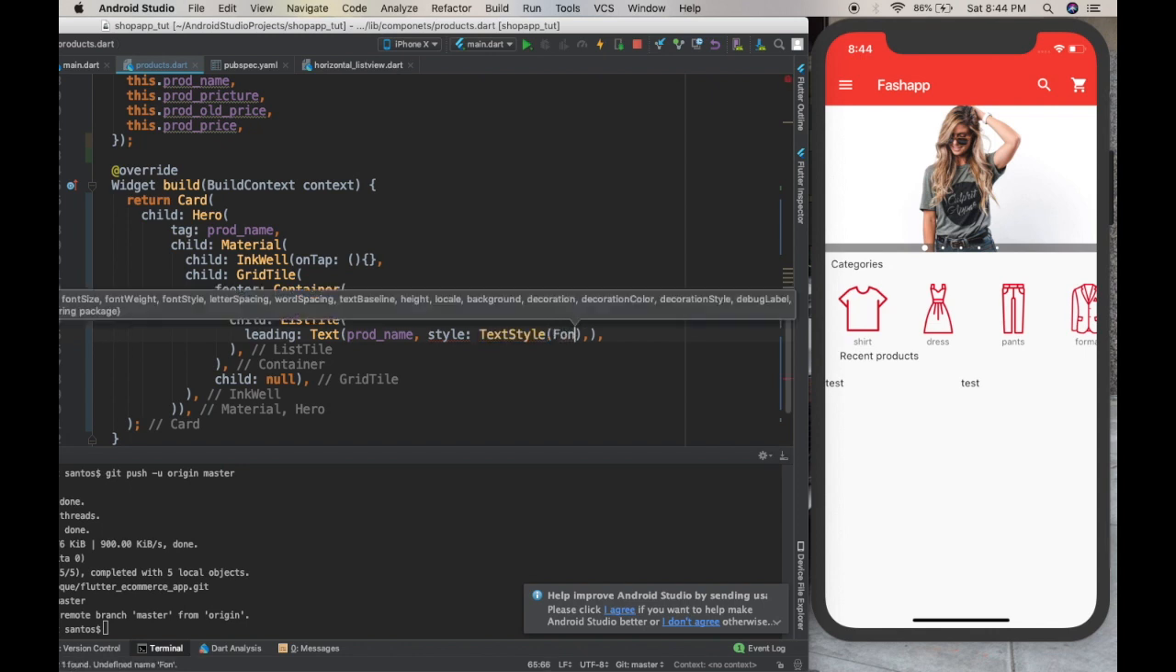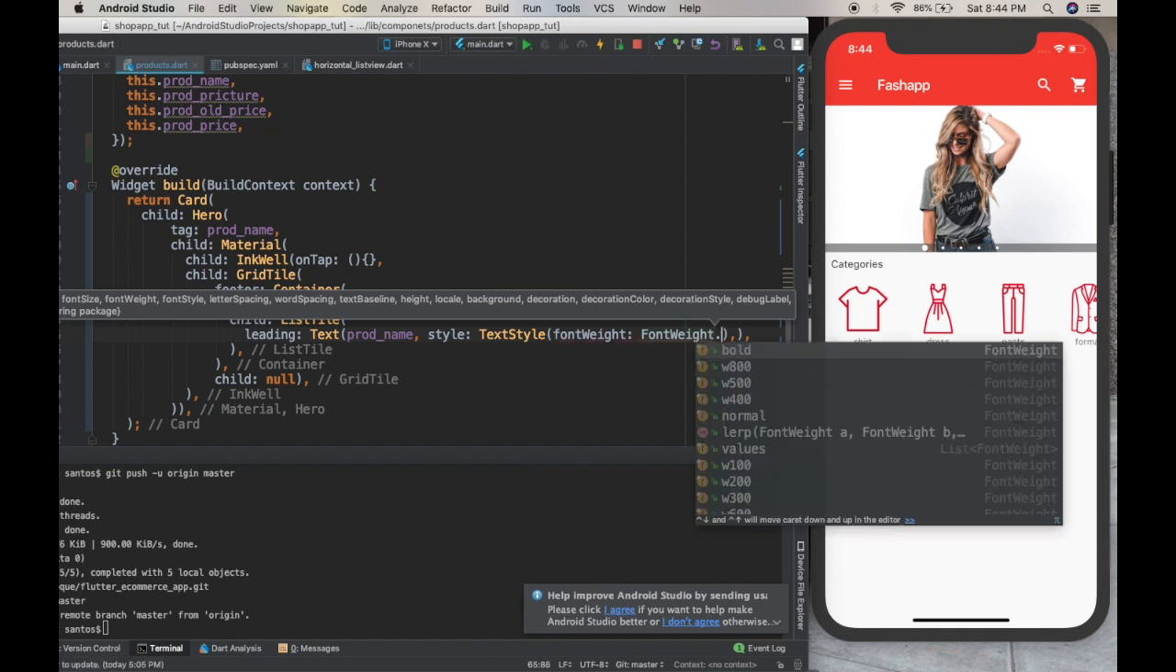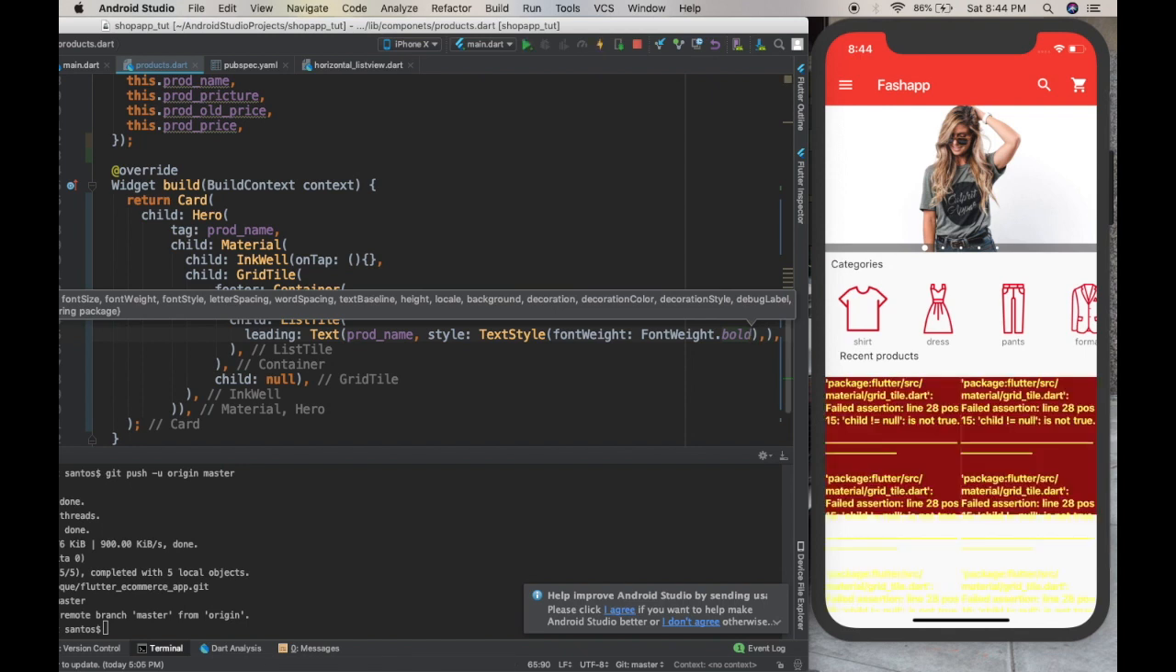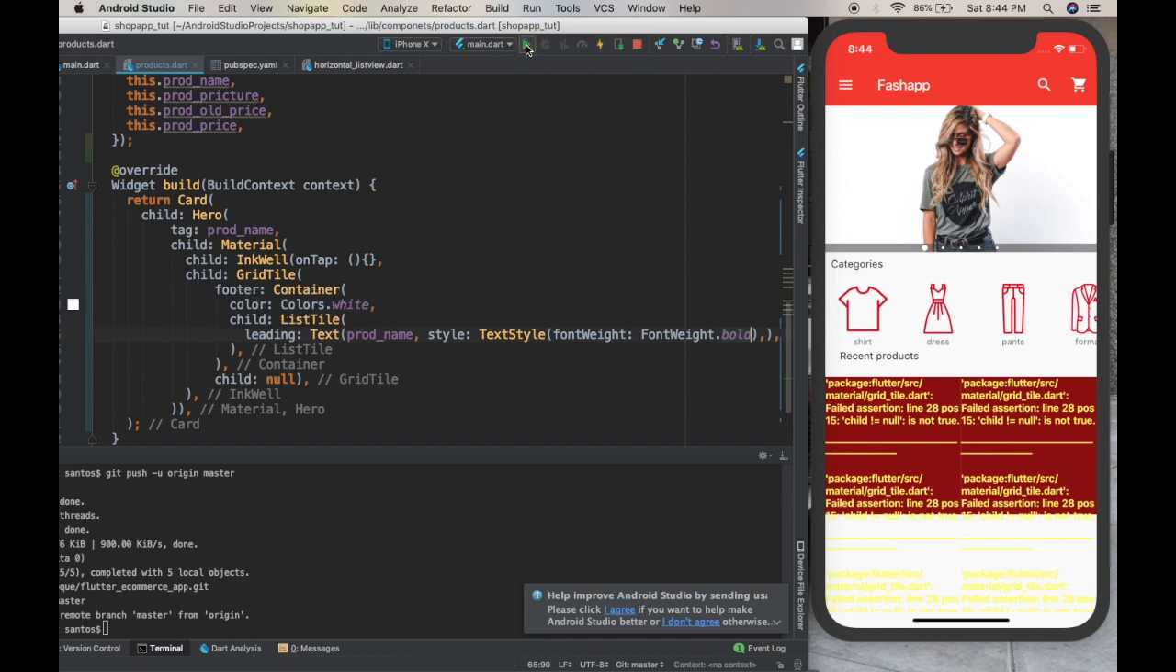I'll give, sorry, font weight is going to be FontWeight.bold. Let me save and see what happened. Okay, we have a problem here. I'll rerun this and try to understand the problem. Okay. Simple problem. This is the problem,